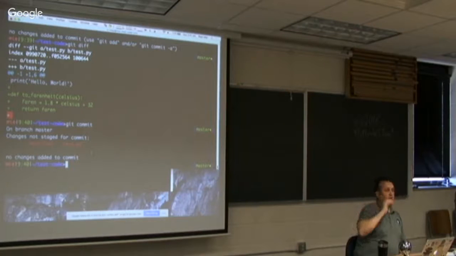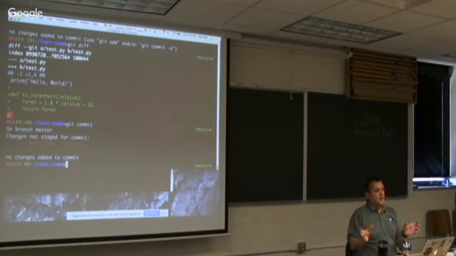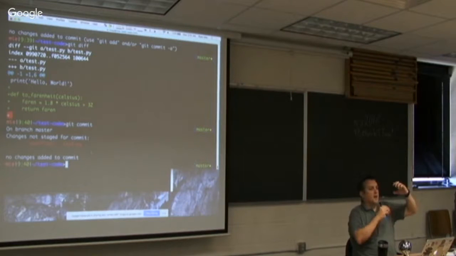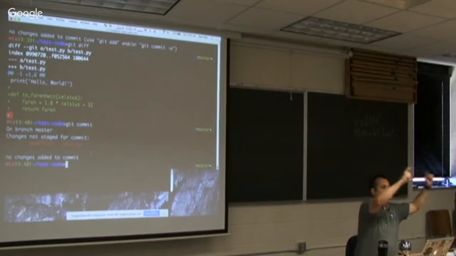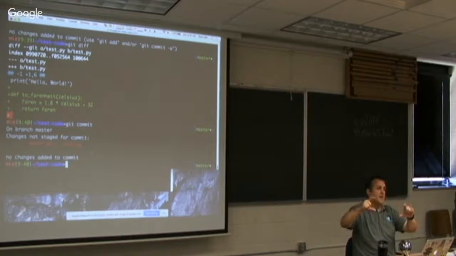I can say, I've changed these 3 files, but this commit should only have 1, so that when I go back, either some of those aren't ready to be committed, or I want to separate them out so that I can make sense of them. So I don't have a book as a commit log, but I have atomic changes of, first I added this calculation, then I added this calculation.